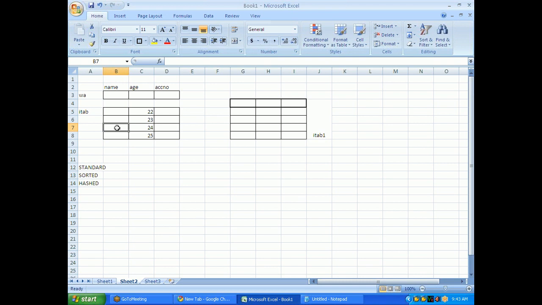You can write down: standard internal tables will follow the linear search algorithm. The searching time is proportional to the number of records.